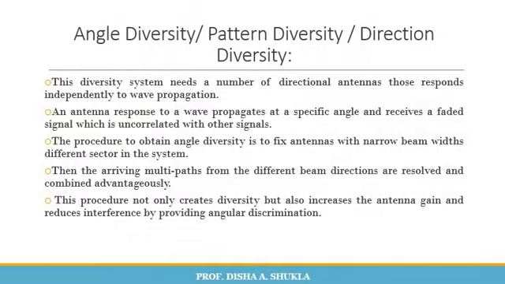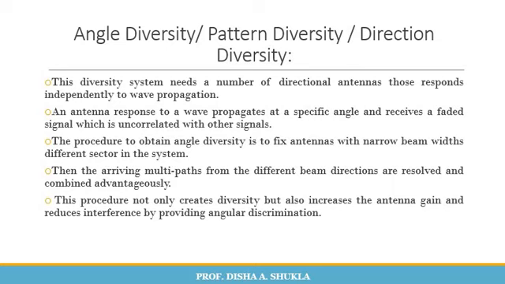The next diversity is called the angle diversity or the pattern diversity or the direction diversity. This diversity system needs a number of directional antennas that respond independently to the wave propagation. An antenna responds to a wave propagating at a specific angle and receives a faded signal which is uncorrelated with